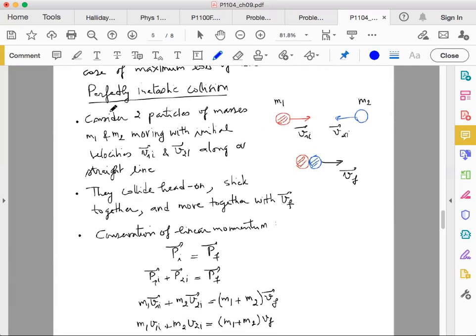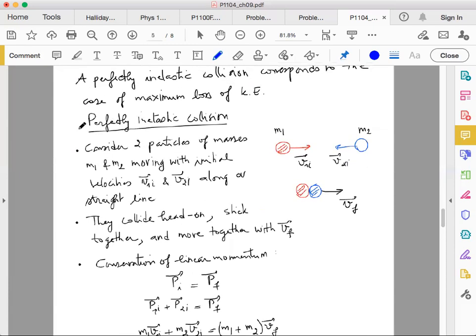Let's start with a perfectly inelastic collision. So our goal now is these two parts. In the first part we will talk about perfectly inelastic collision, and in the second part we will talk about elastic collision. So our goal in these two kinds of exercises is to determine the velocity of the two interacting particles after